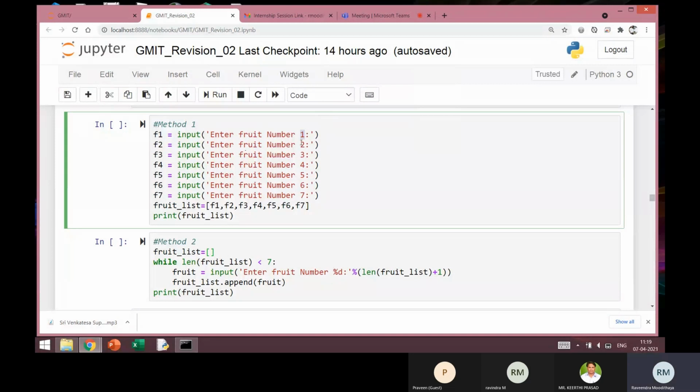So the first time the while loop is executed, it should be 1. Now remember that the length of the list was 0 when the while loop was entered the first time. So the number that I wanted to print was 0 plus 1. The second time when I enter this while loop, the length of the list was 1, but the number that I want to put here is 2. So it is always going to be length of the list plus 1.